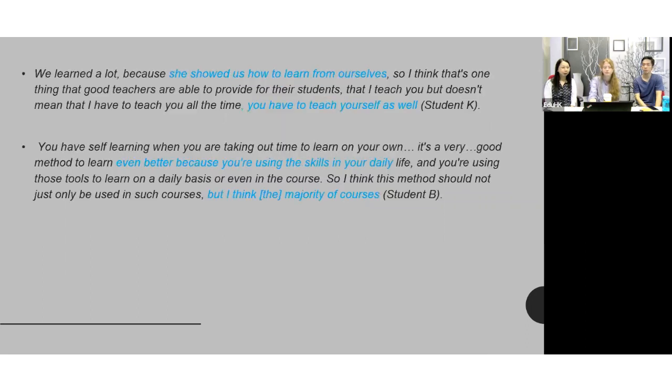Let us go and see some of the students who have shared their thoughts regarding self-regulated learning. Instead of going through each quote, I would like to emphasize some of what the students are saying here. For example, student K says, we learn a lot because she showed us, as the lecturer, how to learn from ourselves. So I think that one thing that good teachers are able to provide for their students,